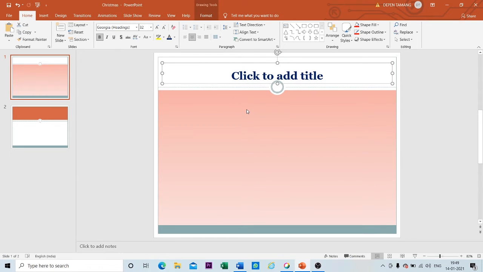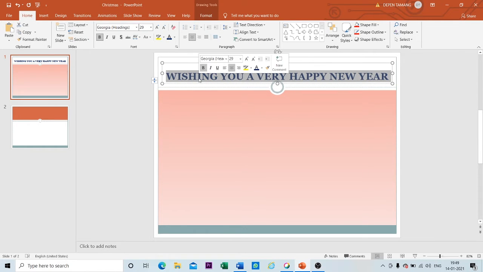Right now I have only one placeholder, and if you want to insert the text, simply click inside the placeholder and type the text that you want to insert. Suppose say, wishing you a very happy new year. Now if you want to format the text, simply select the text, and under the home tab